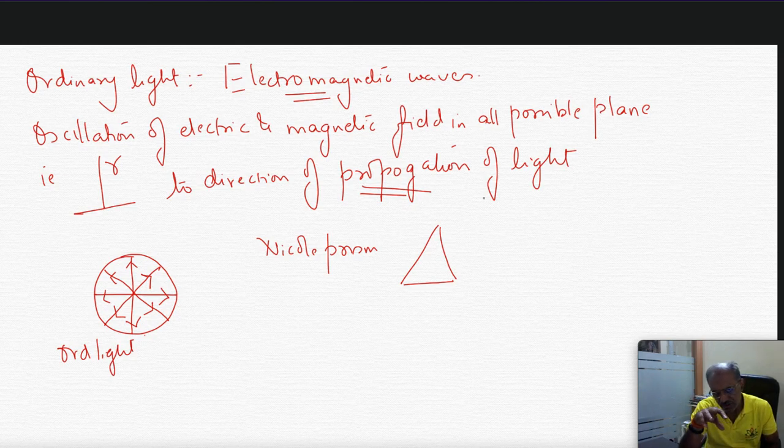Now, this ordinary light in which the planes are in all possible directions, when it passes through a Nicol prism, take for example, this is the Nicol prism, right? When there is a Nicol prism, then what will happen? It will pass through it, and here the light which will come out will be